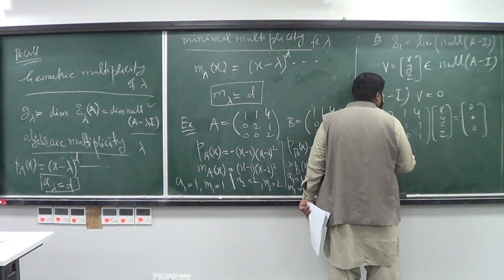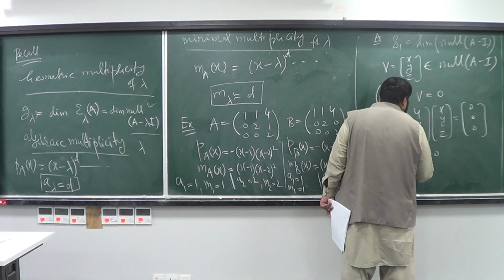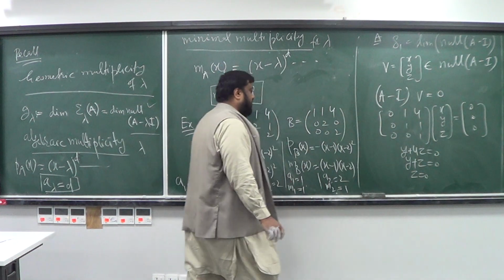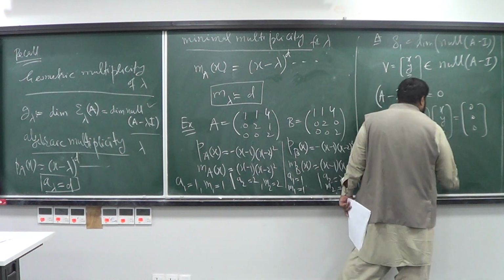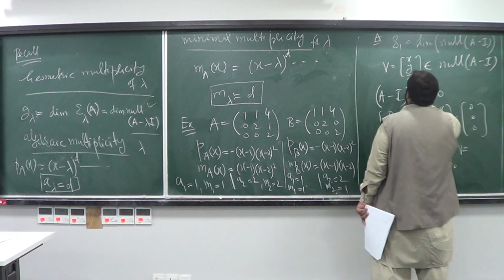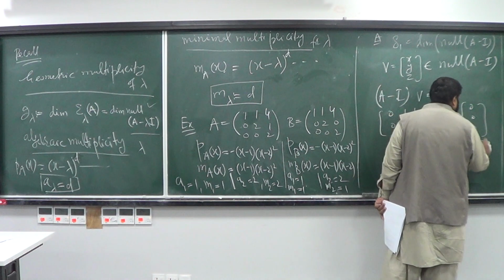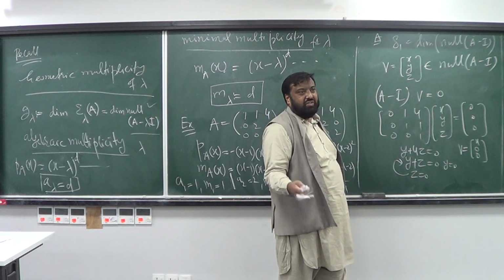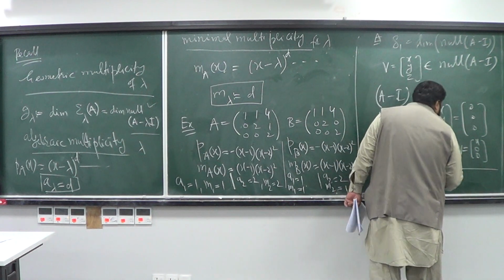When you simplify this, from the first equation you get y plus 4z equal to 0. From the second equation, you get y plus z equal to 0. And from the third equation, you get z equal to 0. Okay? z equal to 0. Now, if z equal to 0, what would be y? This implies that y is also 0. You substitute it here or here, and from both equations you get y equal to 0. And hence, the vector v, which belongs to the null space of A minus I, has a form x, y, z, but y is 0 and z is 0 in general. This is a kind of general form of a vector in the null space of A minus I. So you can say that the eigen